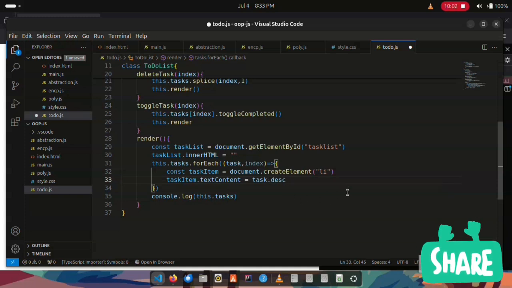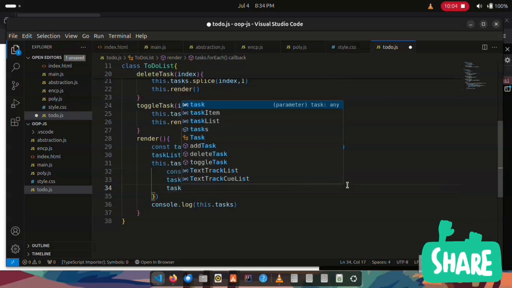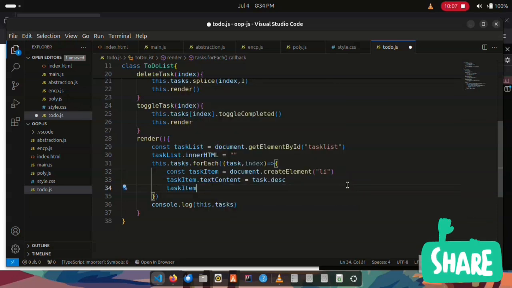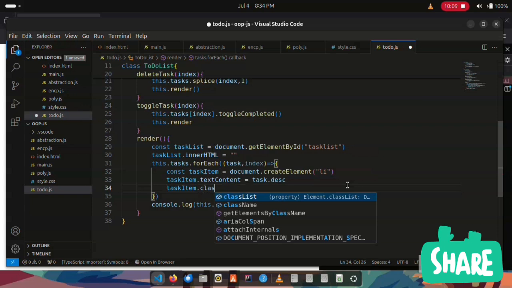And I'm gonna say okay, task item dot class name